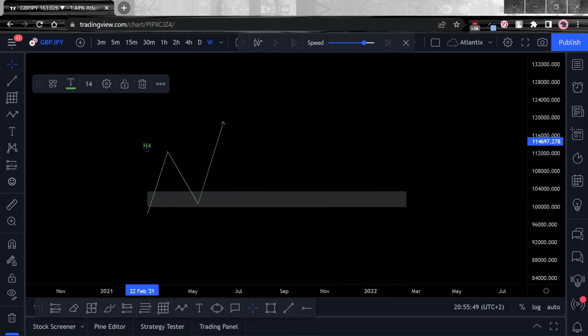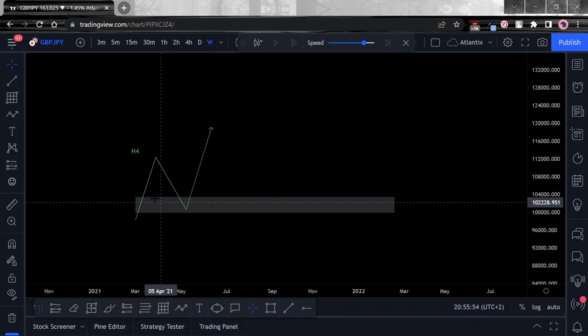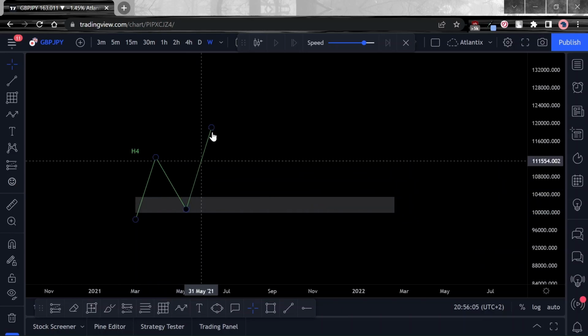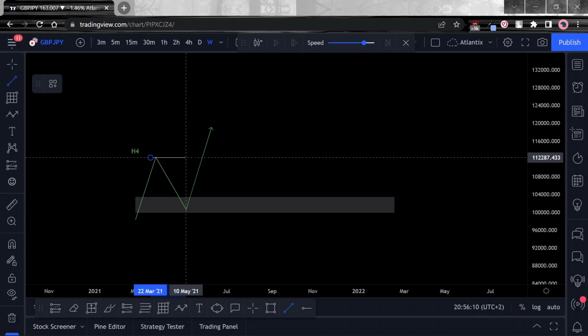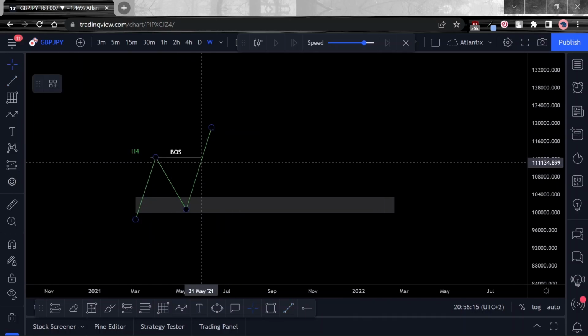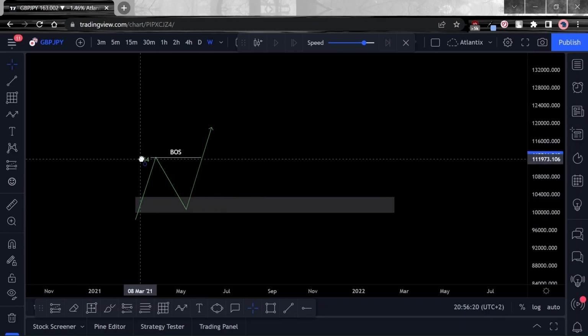Okay, right. So obviously, let's say this zone that we've drawn here is our demand zone, and we're expecting price to come back into an area of demand, which is exactly what happens, and push up. This is what we're expecting, and then we want to see price break our structure, and we want to be able to take profit when price reaches the high.